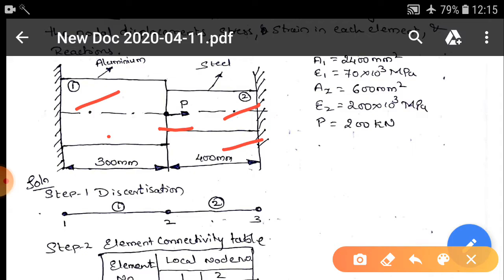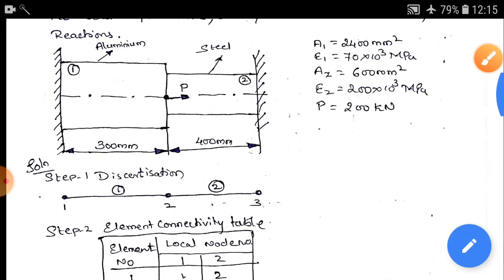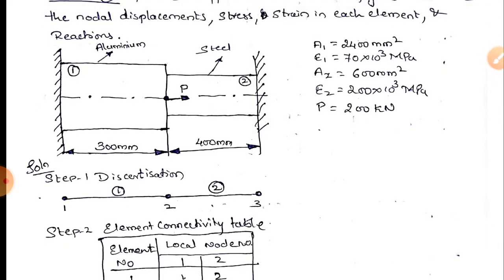How can you understand whether the stresses which we get are tensile or compressive? If the stress value we get at the end is positive, then it is tensile. If the stress value we get at the end is negative, then it is compressive. This is the usual notation we have taken.